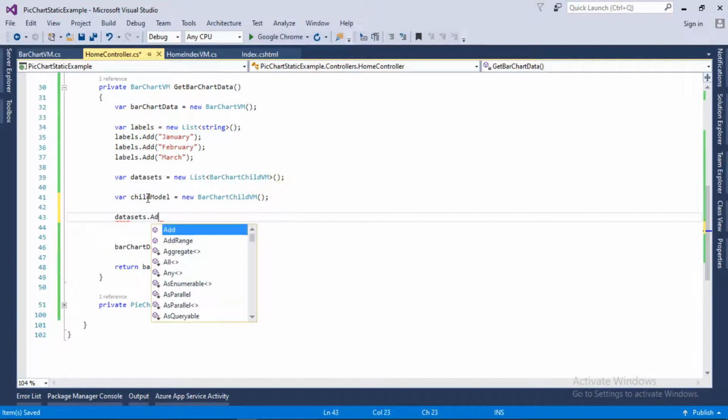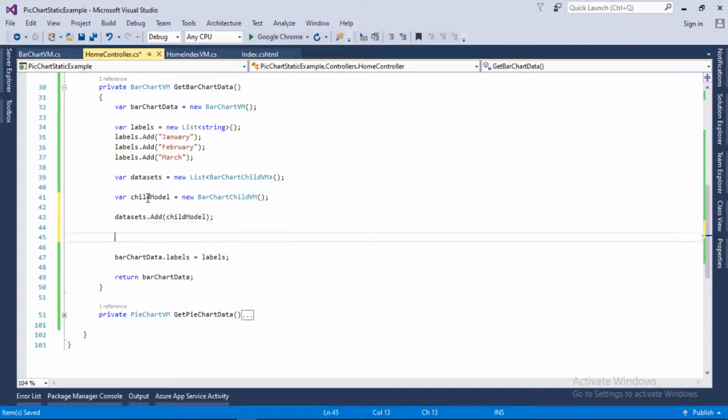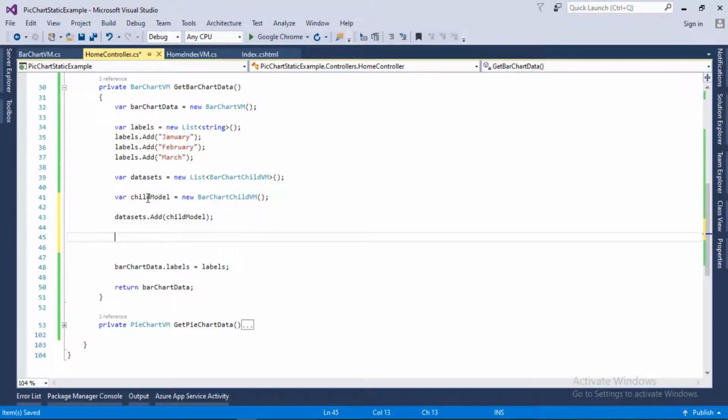So datasets.Add the child model. Similarly we need to pass this datasets to our bar chart data, so barChartData.Datasets equals datasets.